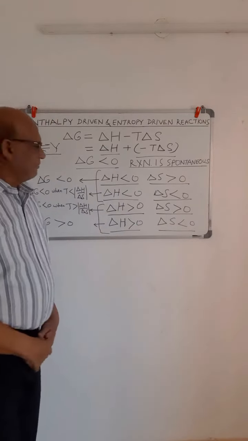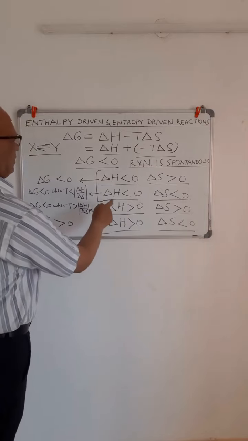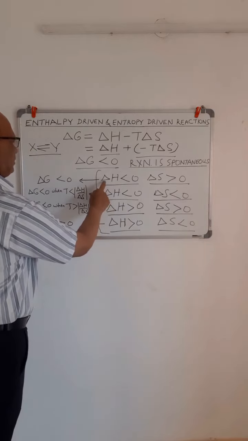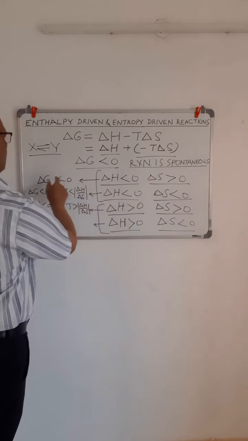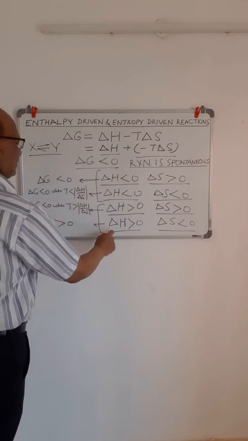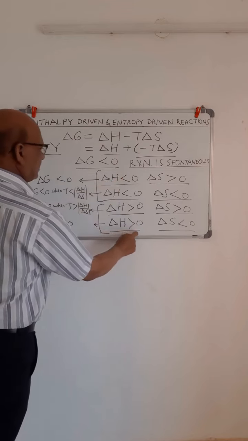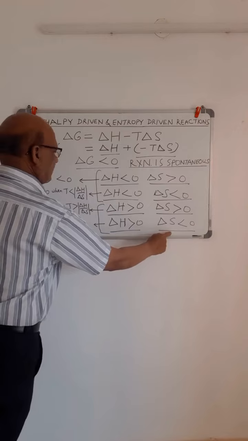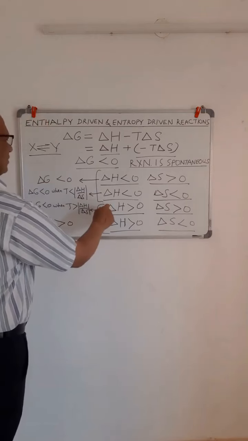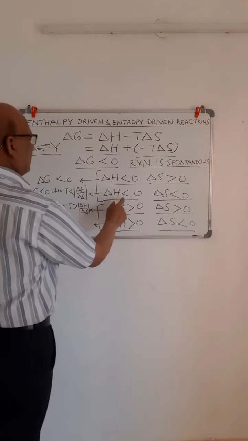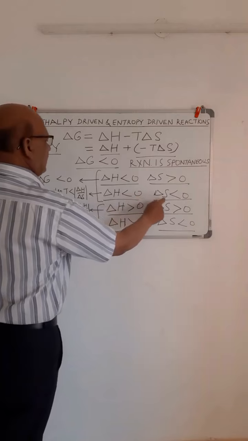So we can say that the reactions where delta H is less than 0 and delta S is greater than 0, this is always spontaneous. And the reaction for which delta H is greater than 0 and delta S is less than 0 is always non-spontaneous. And these two cases where in one case delta H is less than 0 and delta S is less